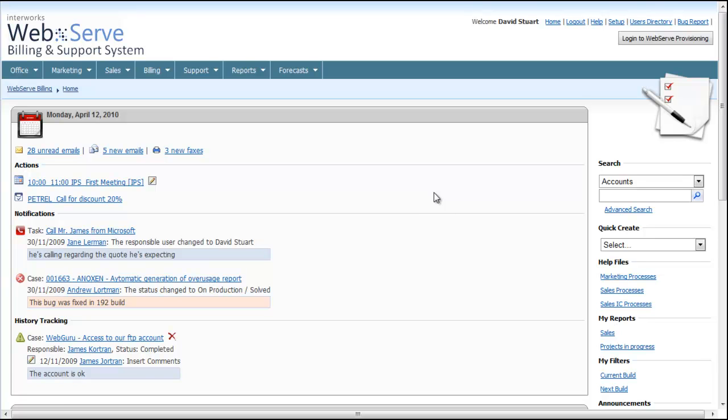The WebServe billing system is a complete solution for managing your business. It's intended for telcos, ISPs, ISVs and service providers, and its main focus is customer, product and billing management. From launching new products to the market to managing the subscriptions and the recurring billing of services,